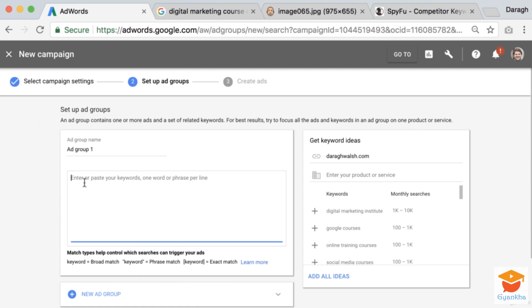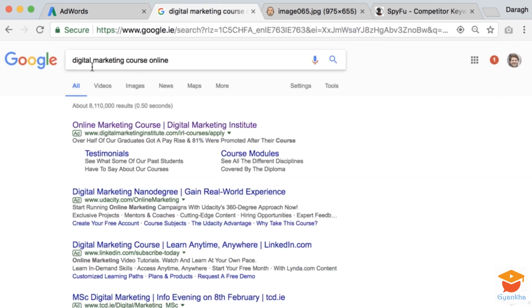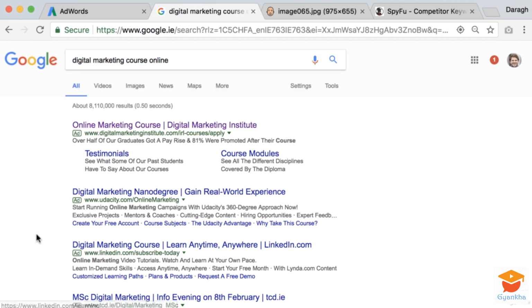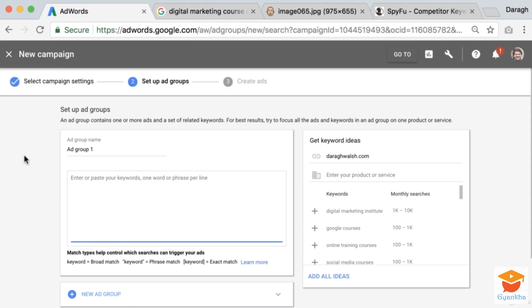So what we really need to do, and the big piece of work in this step in the process, is to add in about 10 or 20 keywords. Now, really, this is where we decide what are the terms that we want to appear in the search results for our ads. And this is an important part of the process because this will really determine the success of your campaign. So I'll show you a couple of things to really reduce the cost of your campaigns and pick